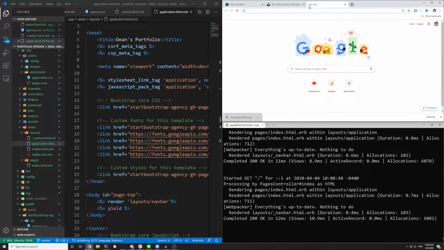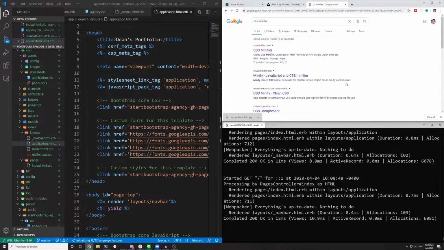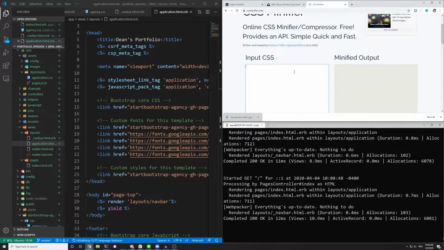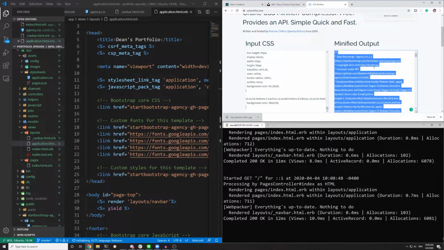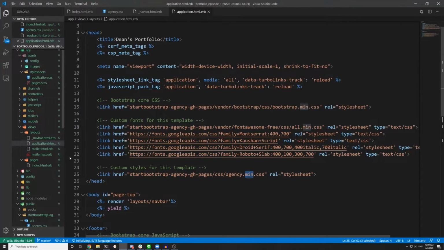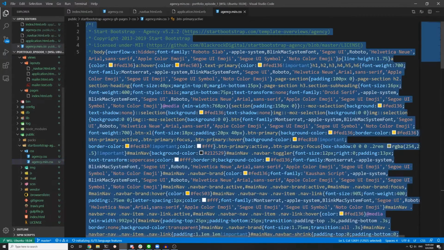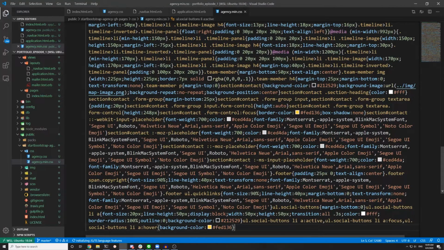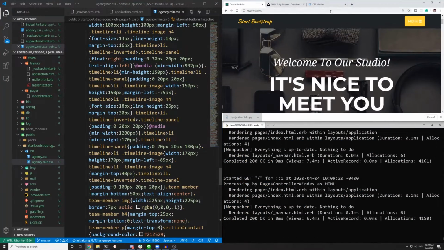If you come to Google, you can look for a CSS minifier. And I guess I've gone to this one before. You can input your CSS here. You can hit minify. And then you can just copy all of this. And then we can come over to our, where is it? Our agency.min.css. And we can replace all of this. We can save it. And now if we come back here,